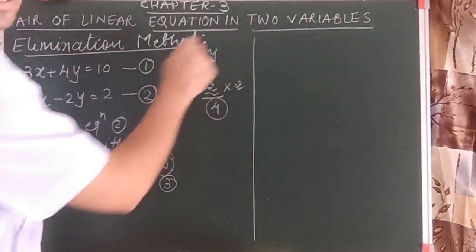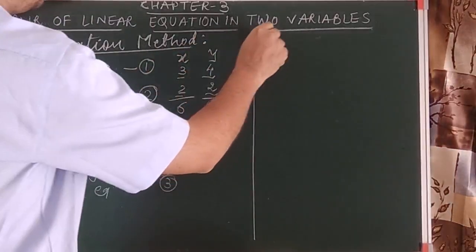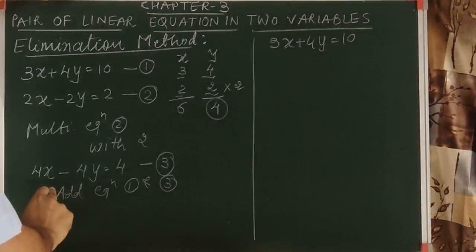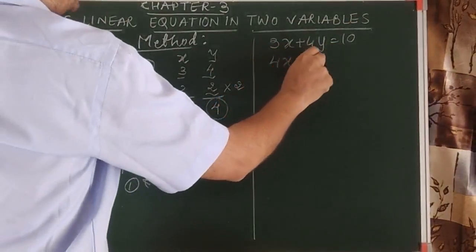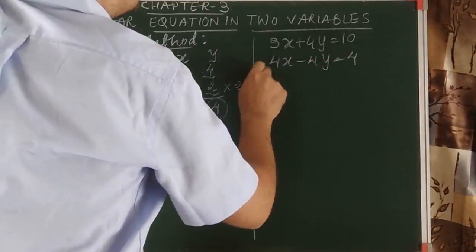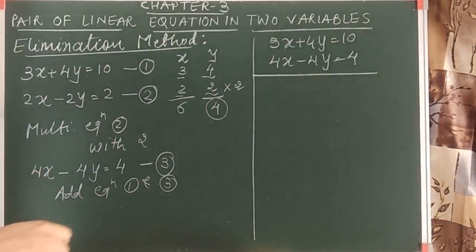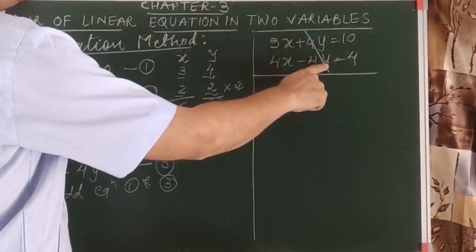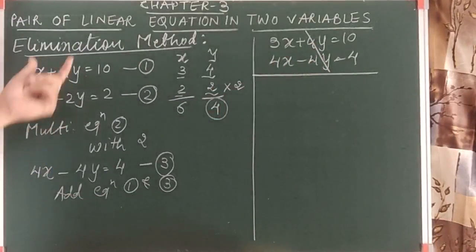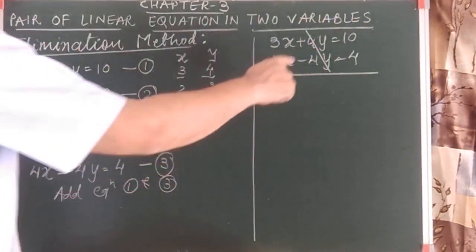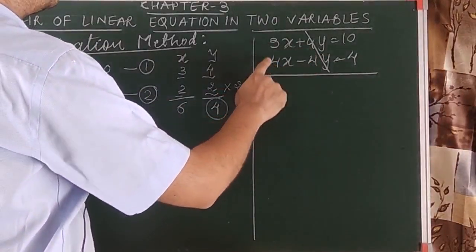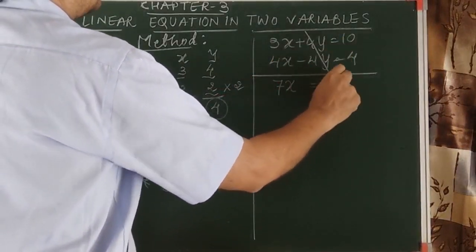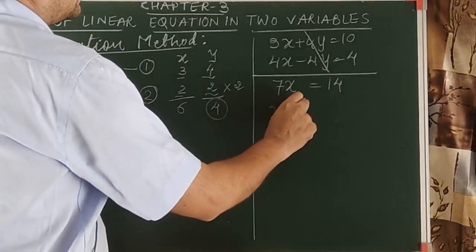So look at the first equation. It is 3x plus 4y equals 10, and this equation is 4x minus 4y equals 4. When I do the sum of both the equations, तो आप यहाँ पे observe करोगे both would be cancelled. So we can say we eliminated y from this equation. So that is why it is called the elimination method. We have eliminated y from the equation. Now they both have the same sign, so it would be addition. 7x equals 14. To find x, I'll take 7 to the right hand side, so I'll get x is 2.